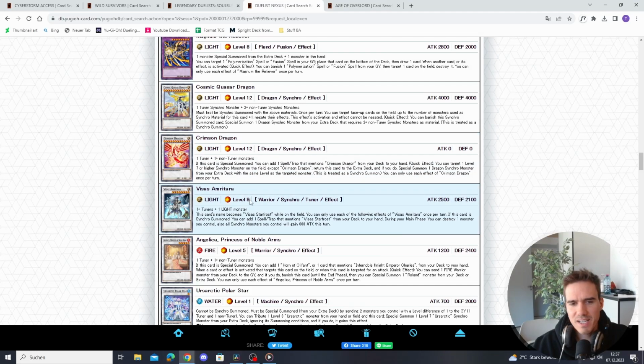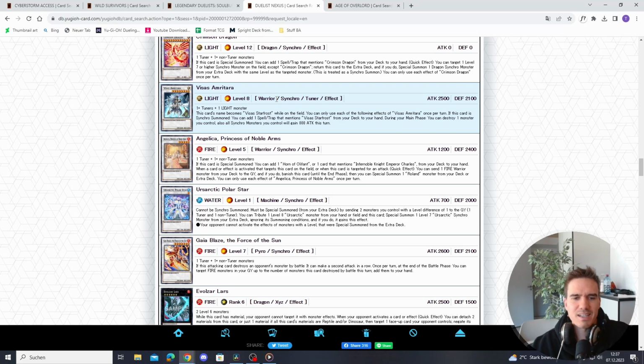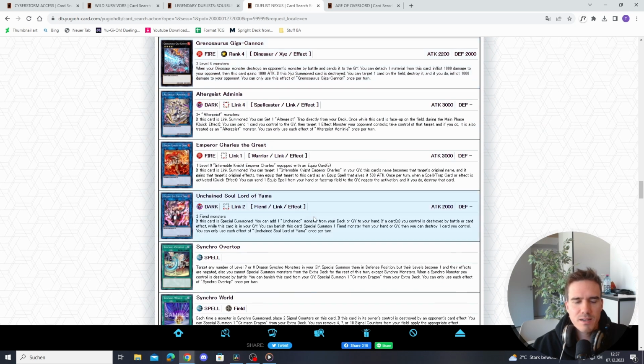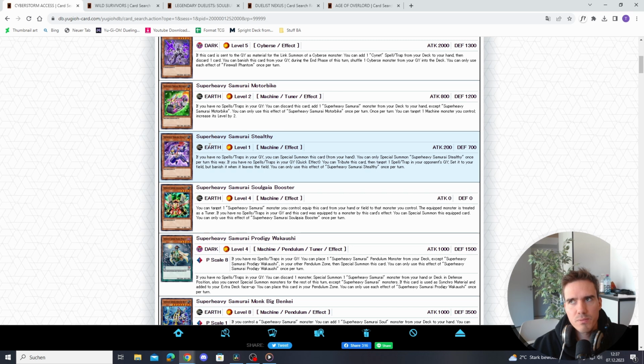And it could also be the case that we will get support cards like the Crimson Dragon Visas Amritara, though this is not really an archetype thing, the Crimson Dragon that is, so I'm not quite sure if this will get there. Also Epaulet Noir, so I'm expecting something like, if it is not the Super Heavy plus something here plus the Salamangreat stuff,